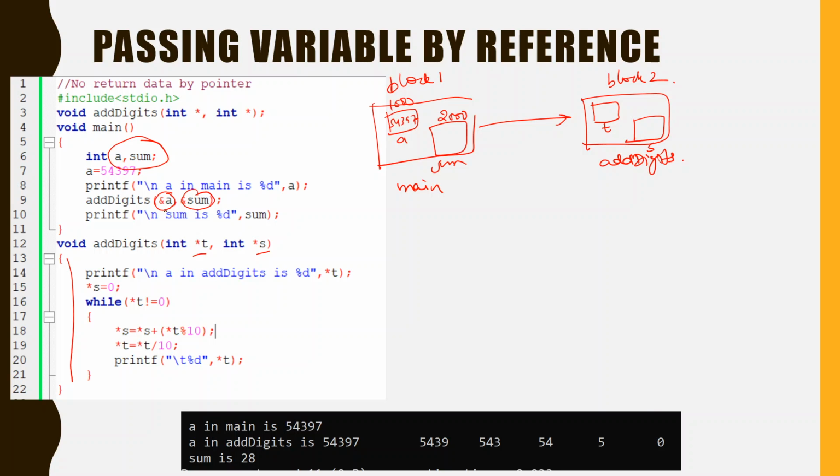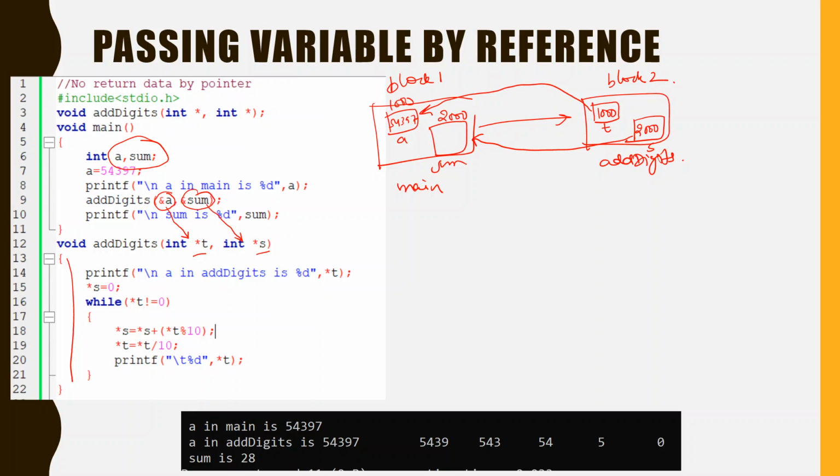Now what happens? The address of a is copied to this pointer t, and the address of sum is copied to s. So t holds 1000 and s holds 2000, right? As these addresses are stored, t starts pointing to a and s starts pointing to sum.